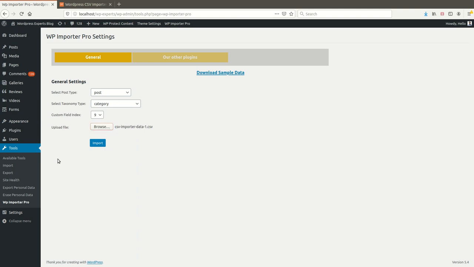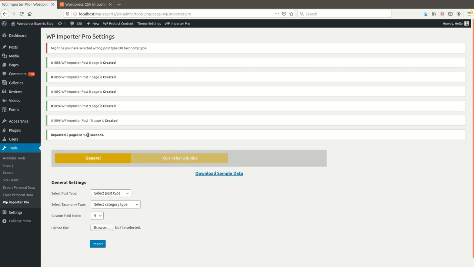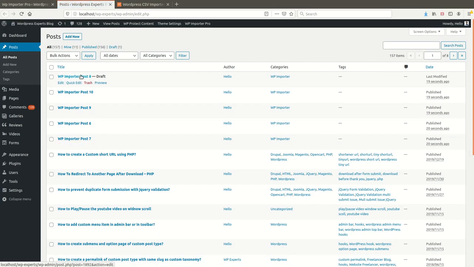So let me import the data here. Wow, 5 pages imported within 1.6 seconds. Let me show, oh my god, all these pages have been successfully created on our backend, as you can see here.